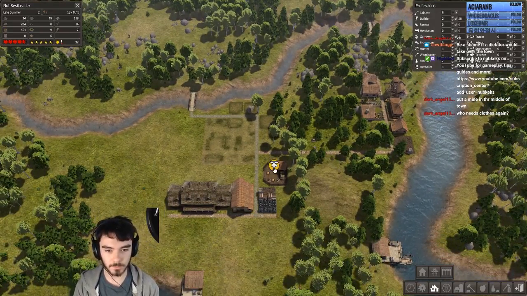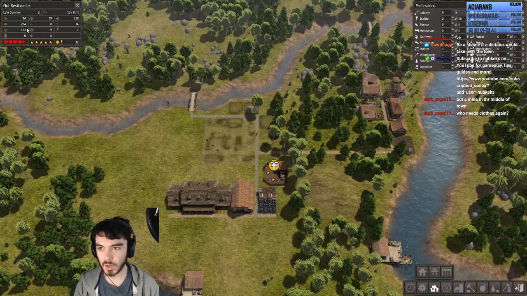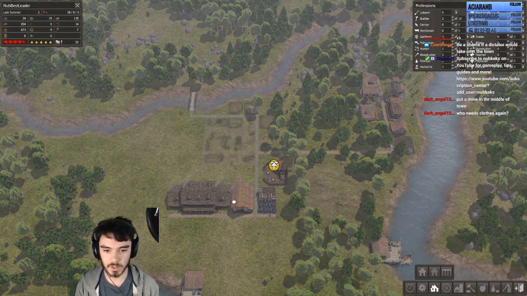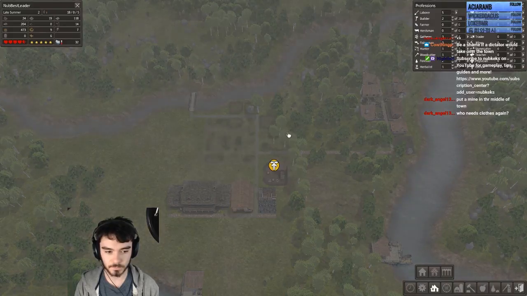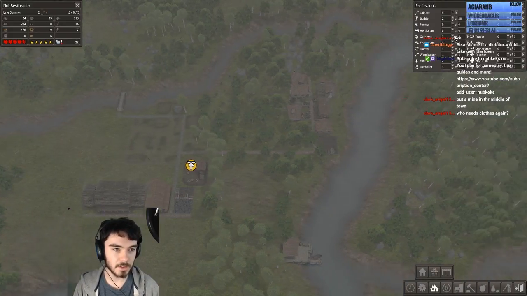They're near the well. We've actually reached the limit, I think. We've got tons of firewood. Oh, look, we've got tons of firewood. This is fantastic. Alright, great. Let's get...